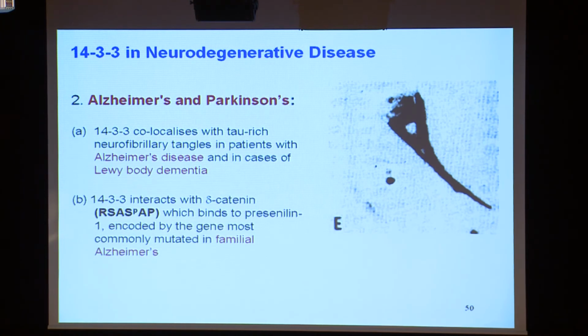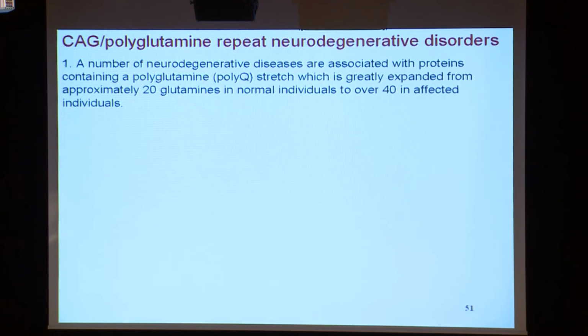And we also showed that 14-3-3 interacts with a protein called delta-catenin, on this phosphorylated motif that we identified. This binds to a protein called presenilin-1, and this is encoded by the gene most commonly mutated in familial Alzheimer's. So this complex involves the presenilin protein, which predisposes patients to Alzheimer's disease. Now,